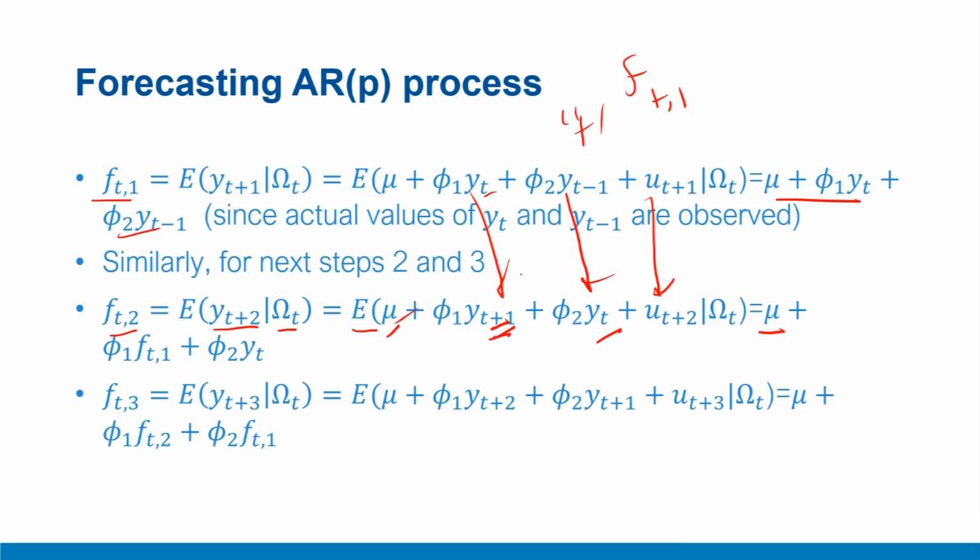So we'll have mu, which is the same. With phi1, we'll have the expectation of yt plus 1, which is ft comma 1, which is nothing but the conditional expectation of yt plus 1 given information available up till time t, plus phi2 into yt, because yt is actually observed. Now, I hope we can see where we are going with this. If we compute the third step forecast, which is the conditional expectation of yt plus 3 given information at time t, we add another 1 to the subscript, so it becomes yt plus 2, yt plus 1, and epsilon t plus 3. The expectations operator will give us mu here, but now yt plus 2 will be nothing but ft comma 2, which was computed in the previous step, and ft comma 1, which was computed in this step.